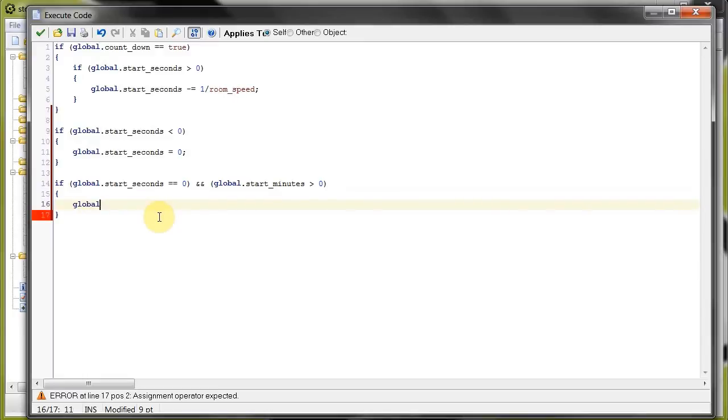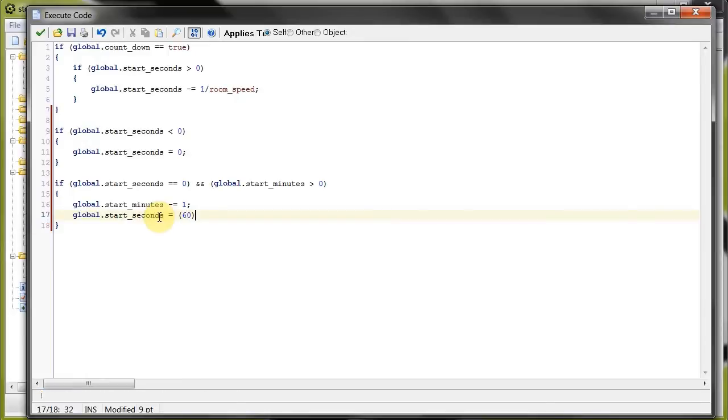So we're going to say global dot start minutes minus equals 1. So we decrease it by 1. Then we're going to say global dot start seconds equals, now you can say 60, just like that. It's not going to be very smooth. This is going to go down by 1. So if that's like 12, it's going to go 11. This is going to go to 60, but then it's got to do a whole lot more code all the way down here before that changes to 59. Now you don't want the user to see 60 seconds because that's just stupid. So instead, for a smoother transition